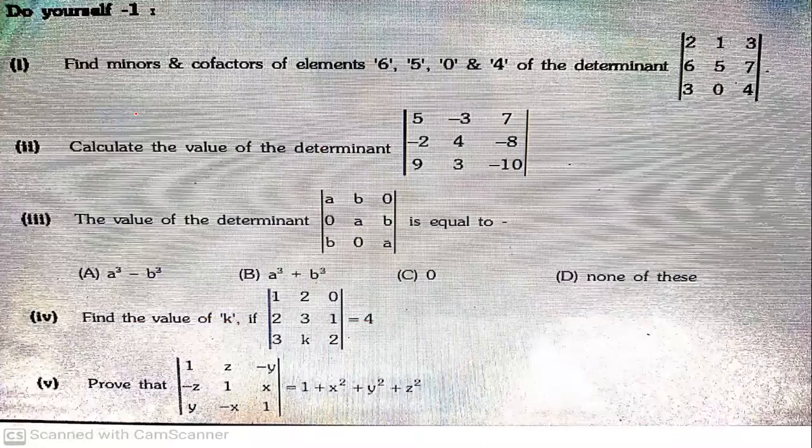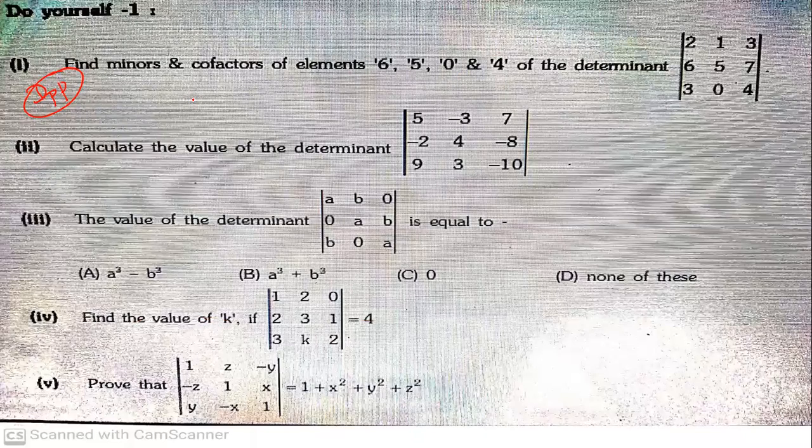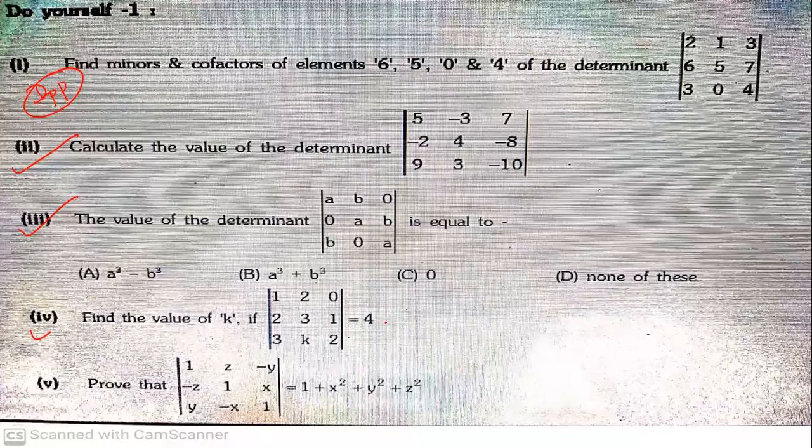Now, yesterday I gave one small DPP for you. Yesterday night also I posted one DPP. Is anyone observing that one? The cases, minors, cofactors like this also. Now, what is the second question, dear students? Yeah, this is the question: calculate the determinant of the 3 by 3 matrix. Second question is very easy. I hope everyone is solving. Third one also, fourth one also. Fourth one the answer should be 0, I think. Fifth one also same as usual.